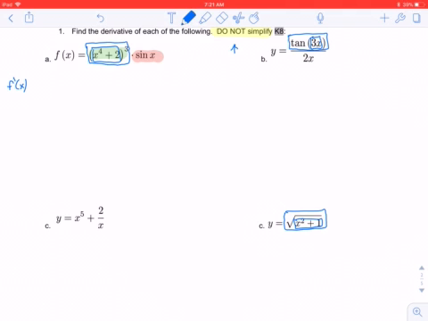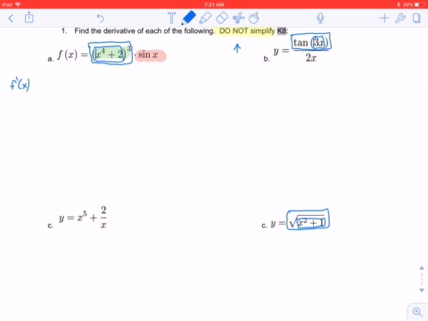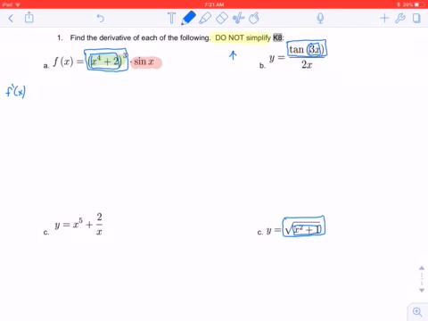really important to notice what rules we're going to use. Right? And right now in green and red, I can see that I'm looking at a product. So I'm looking at a product where we have one function times another function. So this cubic function times sine x. And then when I look at the cubic function, I notice that there's a chain rule that's going to be applied. There's this outer function of something cubed, and then an inner function where that something is x to the